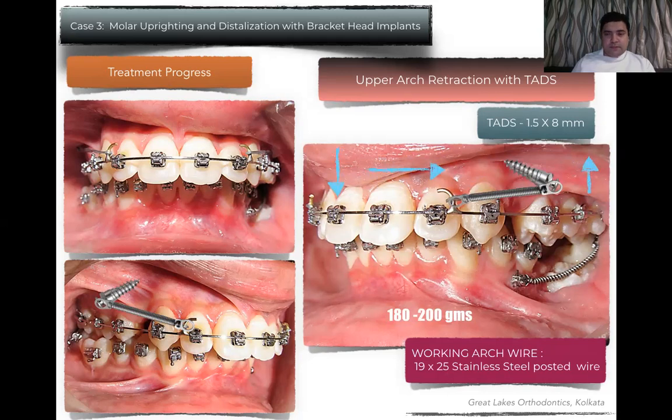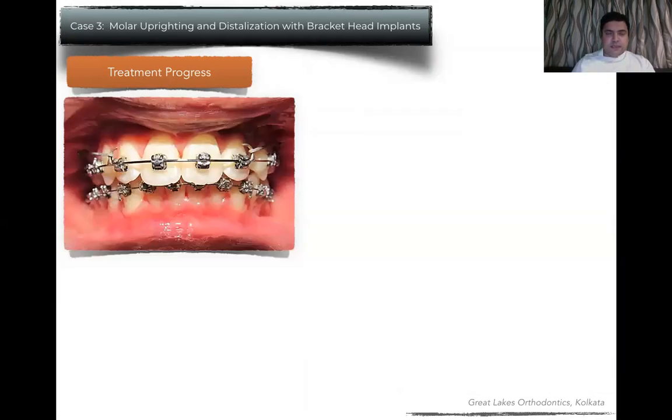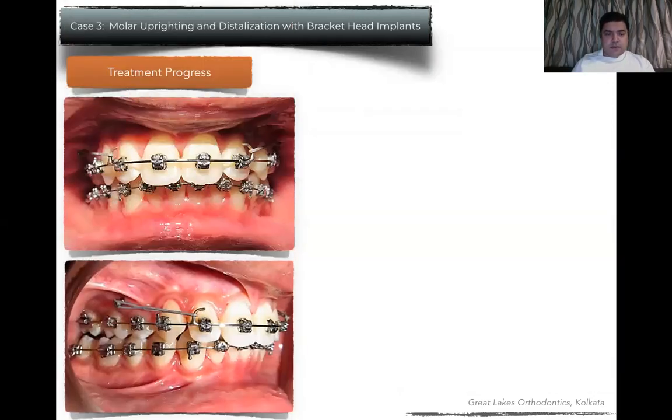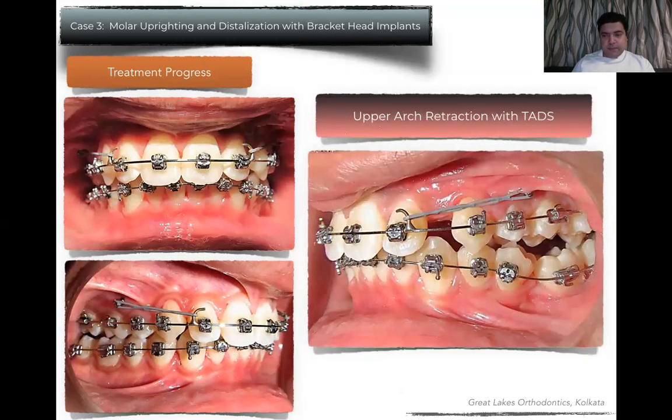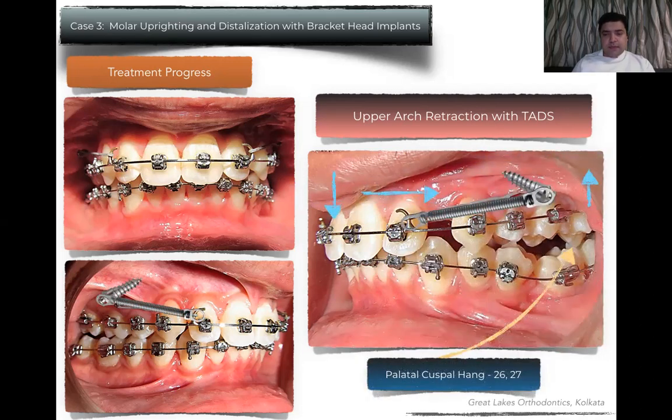What happens during this retraction process is that retraction did happen, but upper anterior extrusion can also happen, and the posteriors can also intrude a bit. This is a bit unpredictable. But then when a problem creeps up, we need to correct it. So the problem that creeps up is that we got a little bit of open bite in the posterior and the palatal cusp was hanging during the retraction process. In this retraction biomechanics, some of the palatal cusp was hanging between 3/6 and 3/7.